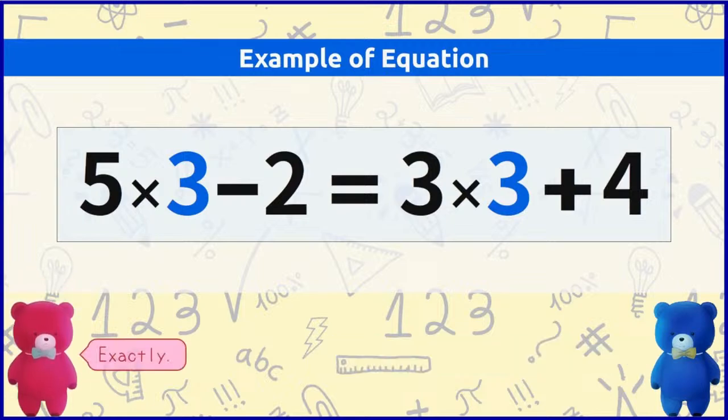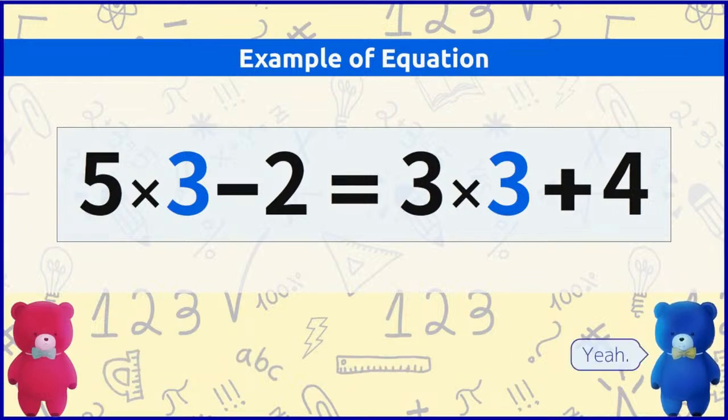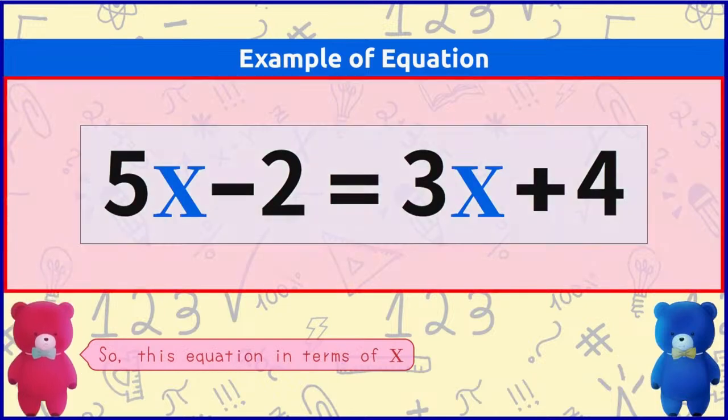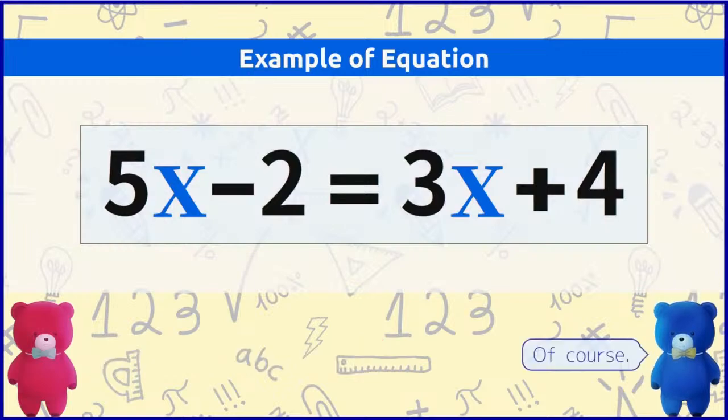Exactly. So 13 equals 13 is certainly a true equation. So this equation in terms of x is correct when x equals 3, right? Of course. But